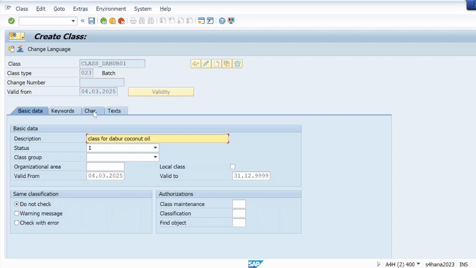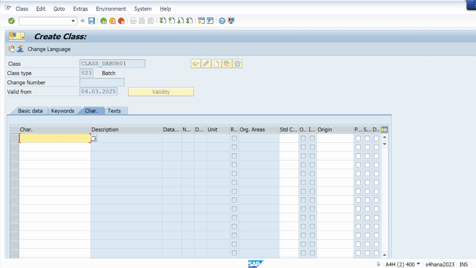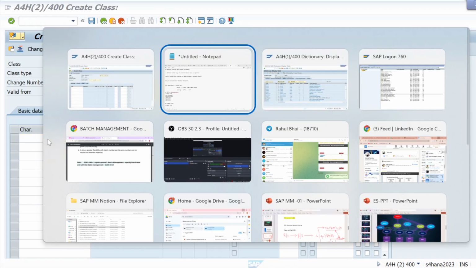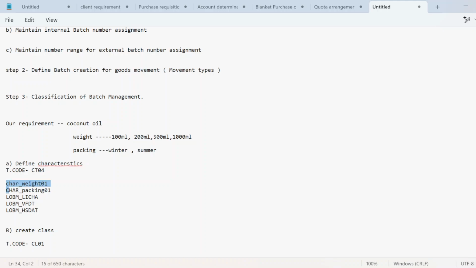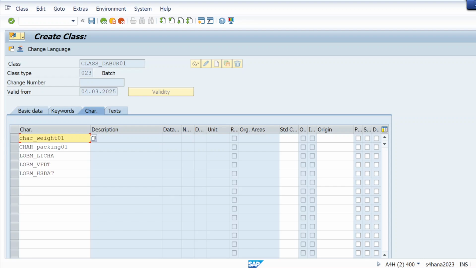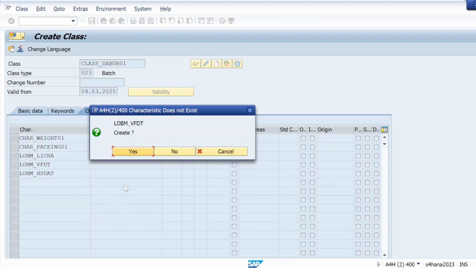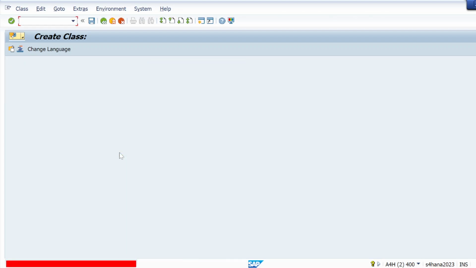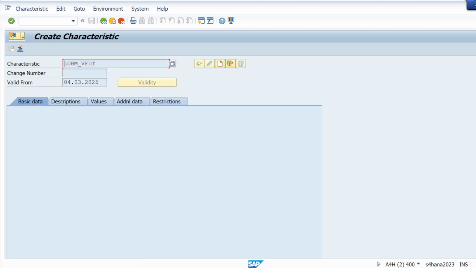Okay, so let me go to characteristics, and here let me assign all of my characteristics. Let me copy and paste it here and hit enter. Some mistake I have done with the standard characteristic.